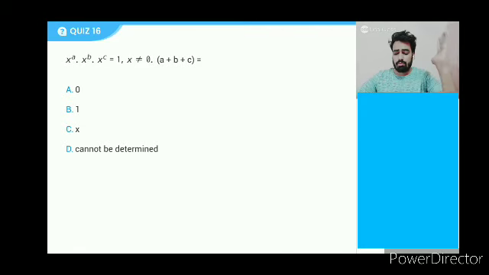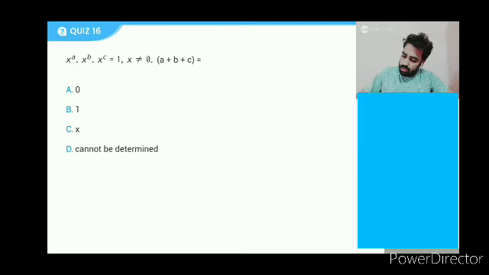Okay. The question that we have, x power a into x power b into x power c, this is 1. So first thing you need to apply the first law, that is bases are same, powers are there. And then you apply the sixth law also, how this thing is becoming 1 and all. And one more information is given, that is x is non-zero number, 0 nahi hai. Okay. Let's start the countdown. 5, 4, 3, 2, and 1. Let's finish.